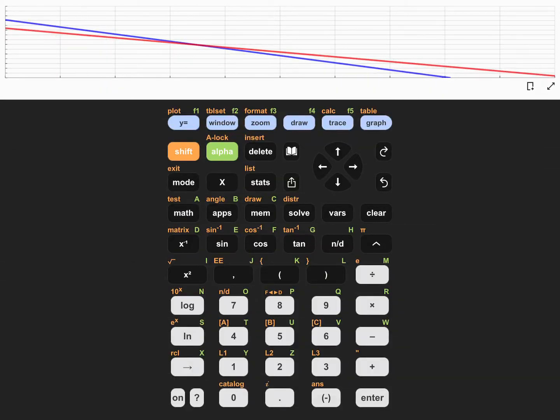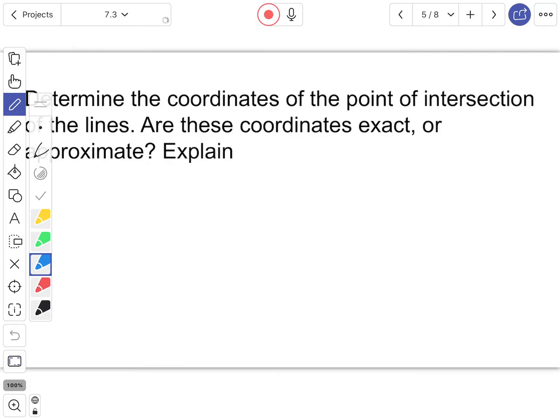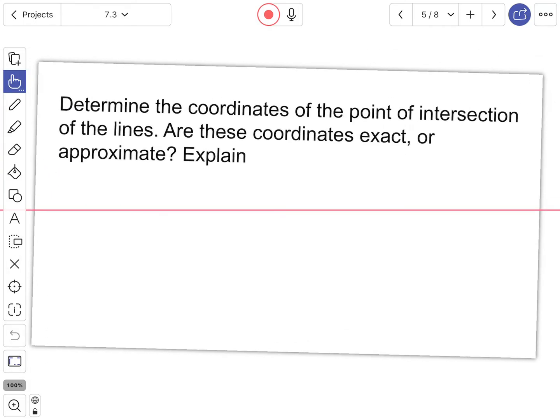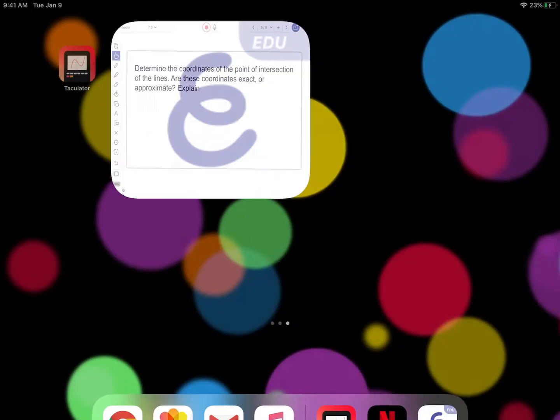All right, we've graphed them. Let's head back to our notes here. So we graphed each line. Yay. Determine the coordinates of the point of intersection of the lines. Are these coordinates exact or approximate, and explain. So heading back to our graph,